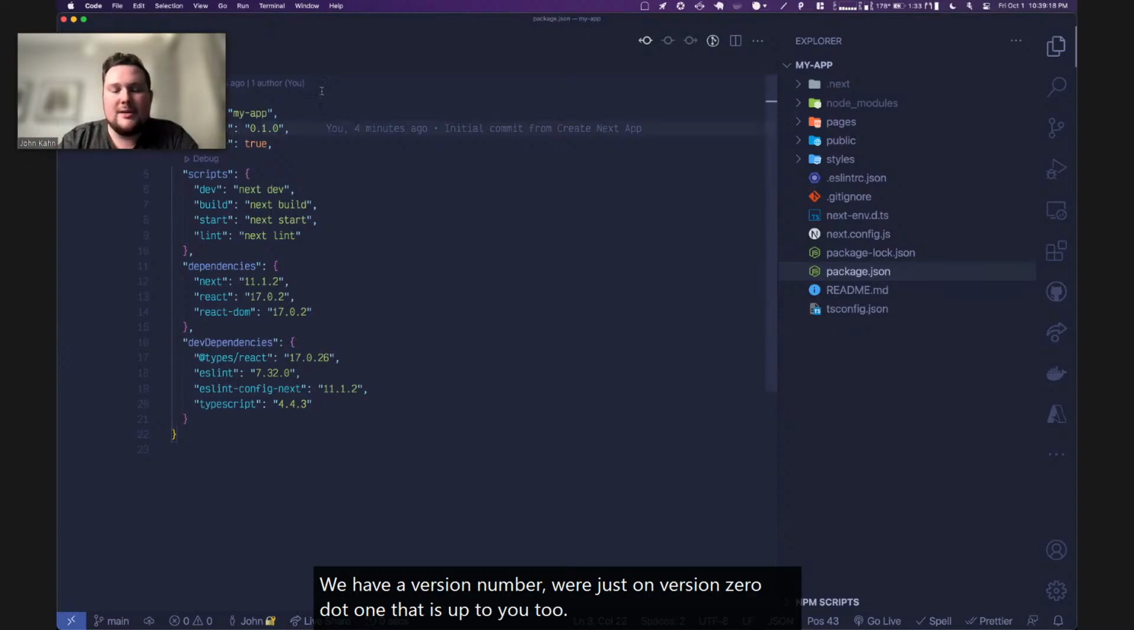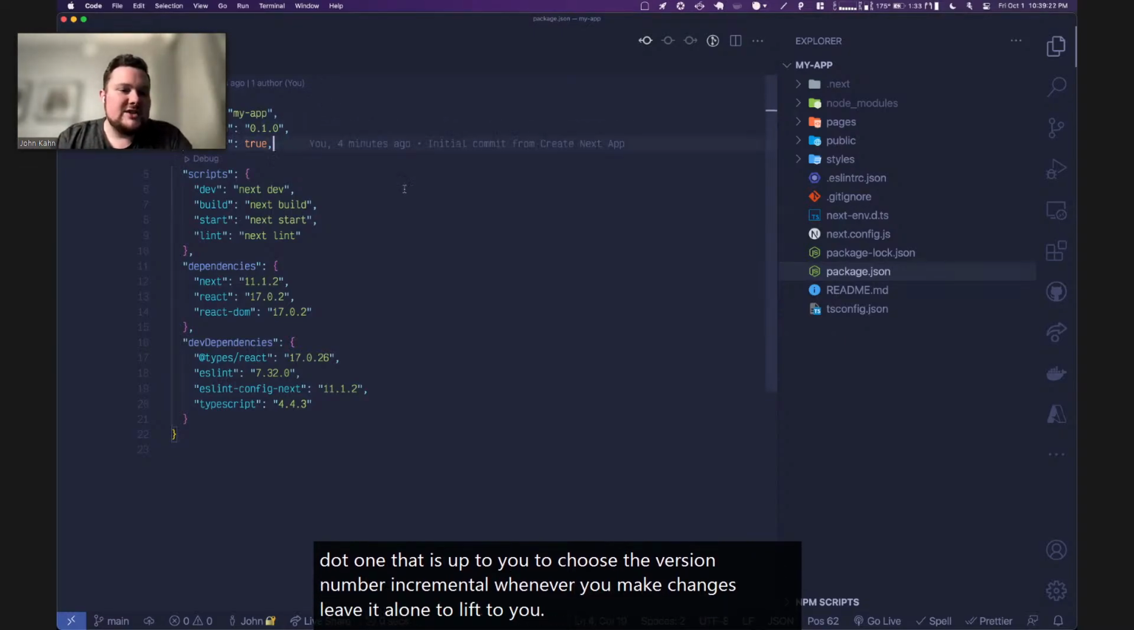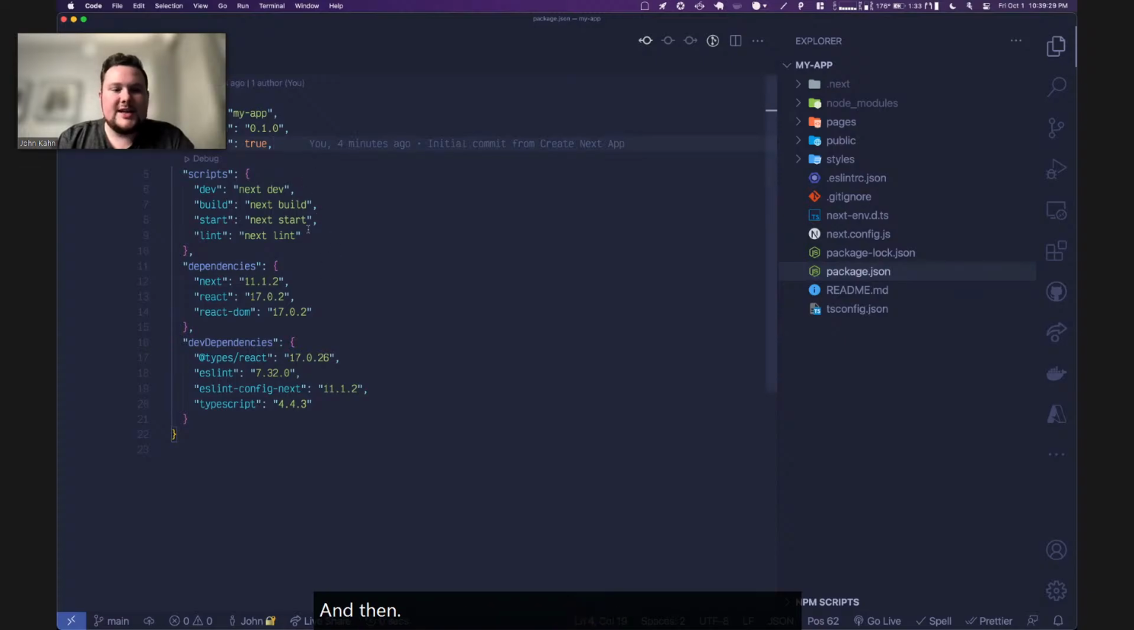That is up to you to choose the version number, increment it whenever you make changes, leave it alone, totally up to you. Private just lets us not accidentally publish this app for the public to see. It's kind of a good default setting. And then we've got,